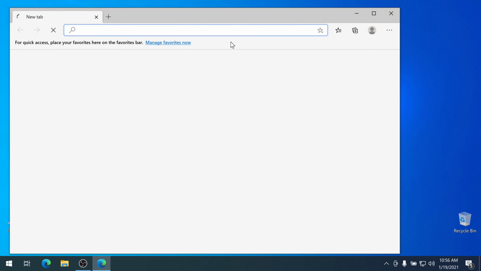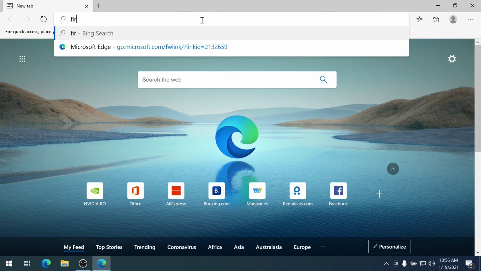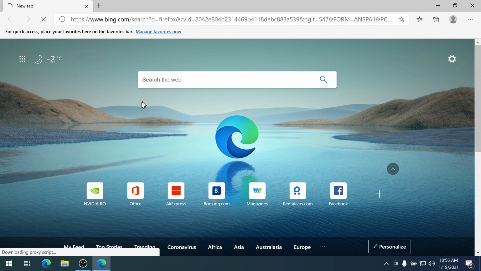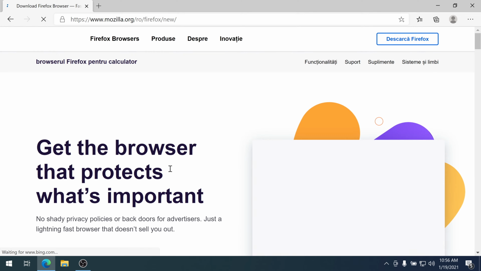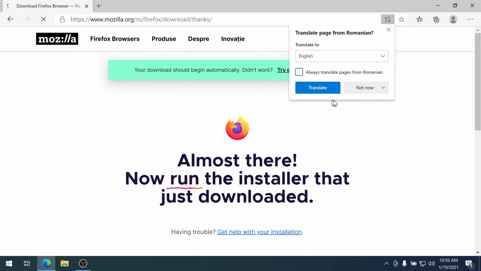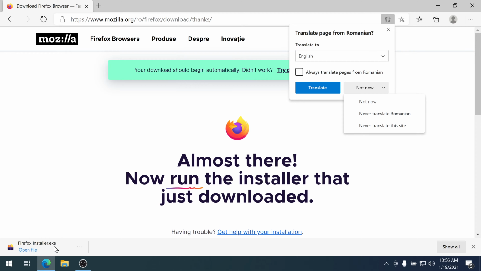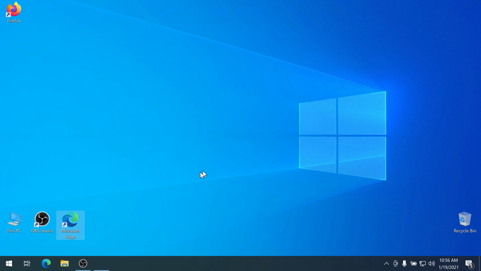In my case, it's Firefox. I'm sorry, it's in Romanian. I will change it back to English.